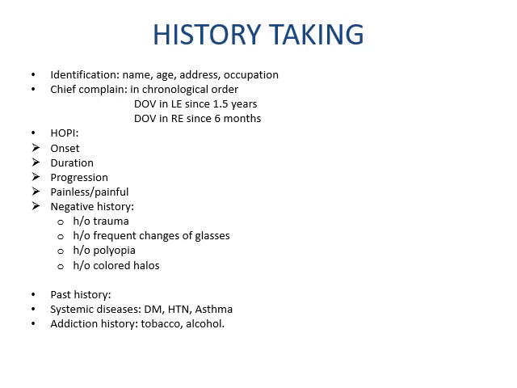So first is history of trauma. Why we ask the history of trauma is to rule out traumatic cataracts. So in our case, there will be no history of trauma. Then history of frequent changes of glasses. Frequent changes of glasses occurs due to change in refractive error, which occurs when the lens gets opacified. Frequent changes of glasses is also associated with astigmatism and incipient stage of cataract, keratoconus, as well as diabetes mellitus. So in our case, we will say that there is no history of frequent changes of glasses.